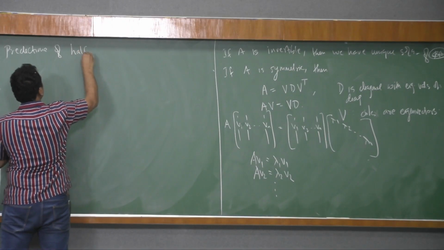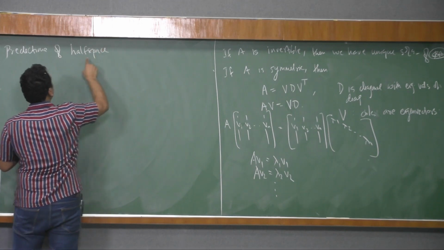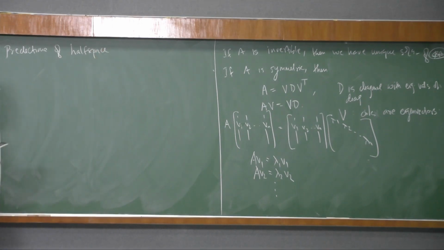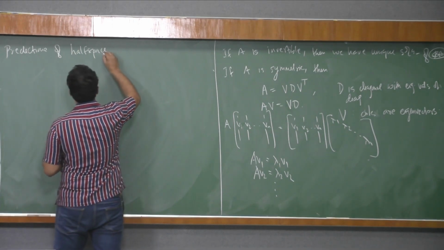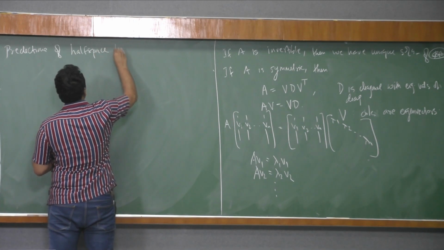Half space. The half space is the one that we did so far. Okay, the linear predictors. We also call this the half space hypothesis because there is a hyperplane, and on the one half space we have one class, and on the other half space we have another class. So the prediction of the half space hypothesis